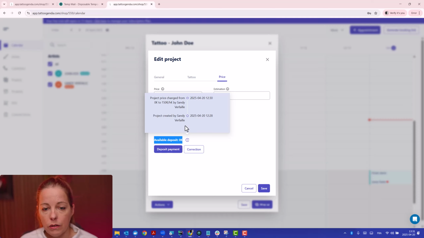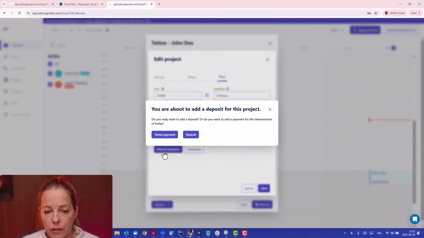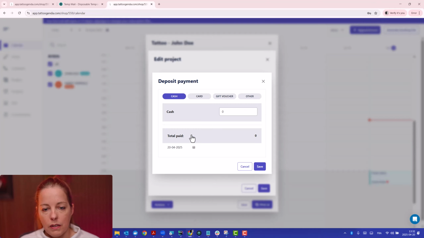Voila, this is the log that you see up till now. The project was created and then we changed from 0 to 150 required deposit. Imagine the customer is in front of you in your studio while you are creating this appointment. At that moment, you ask your customer, I want to ask you for a 150 deposit, please. They want to pay. You click on deposit payments. So I want to take a deposit. And here I have my payment screen.